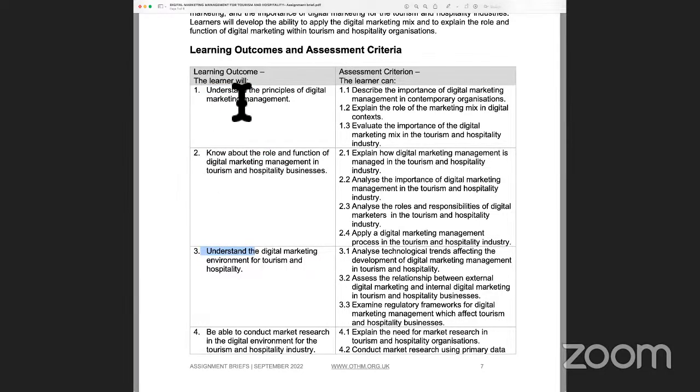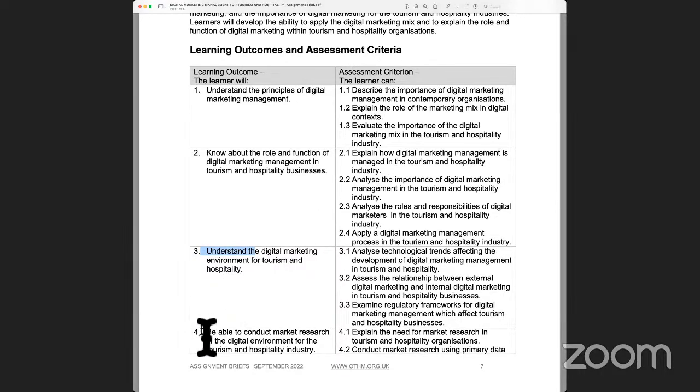You're going to be more or less writing the assignment or the essay report here for tasks 1, 2, and 3, referring to learning outcomes 1, 2, and 3. But they would be theoretical. You're going to cover frameworks. You're going to come up with definitions and key concepts that you've gone through and studied in these learning outcomes.